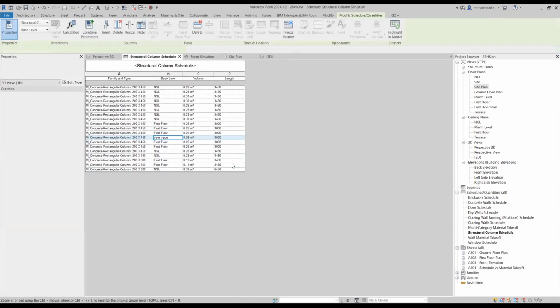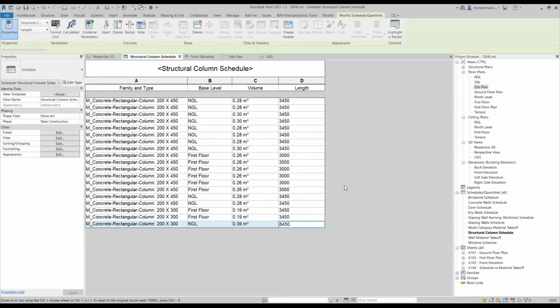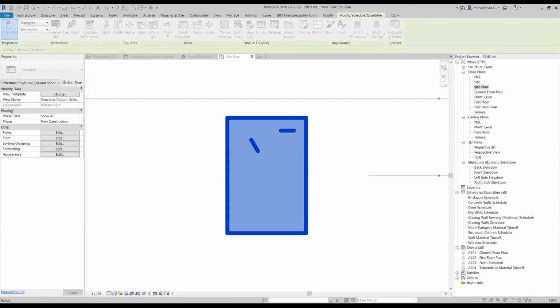So as you can notice in this case, a column is added as the last field that is 6.4 meters of height, right? You can just press the control key and scroll to zoom into the schedule as well. So 6.4 meters of height of the new column is added. You can also highlight that in your project. For example, if I select this and want to specifically check which column I'm talking about, you have the feature to highlight in model. You can select a desired field from your schedule, use this tab, highlight in model, and it will automatically highlight, like this is highlighted in plan view.